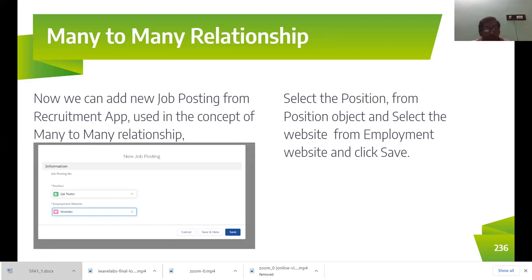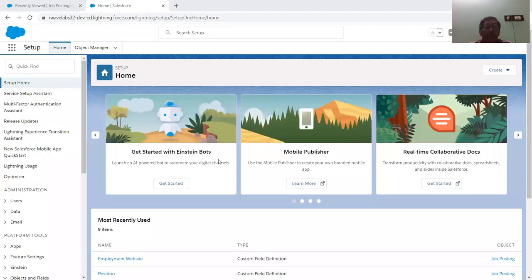Now what we will do? We will go to the demo. Guys, now let us get into the demo. Now I'm already in the production environment. I just logged in using login.salesforce.com. I've entered my credentials and logged into my